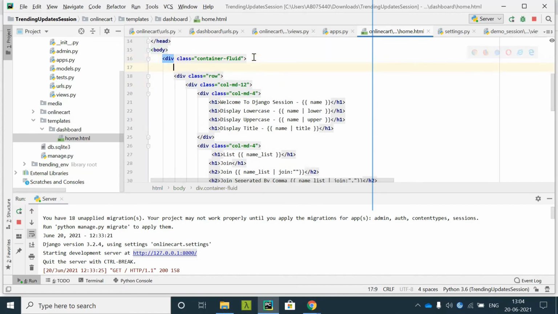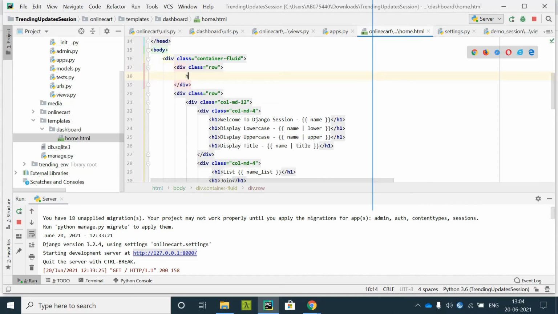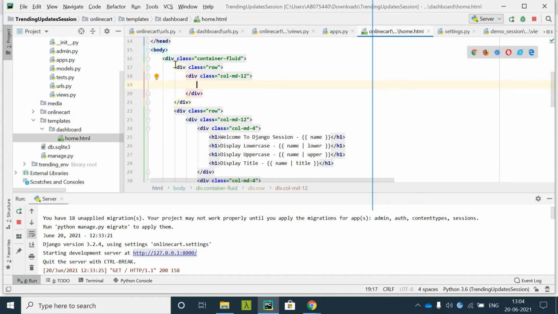Before this main content, I'll just create a div. This part should be my header.